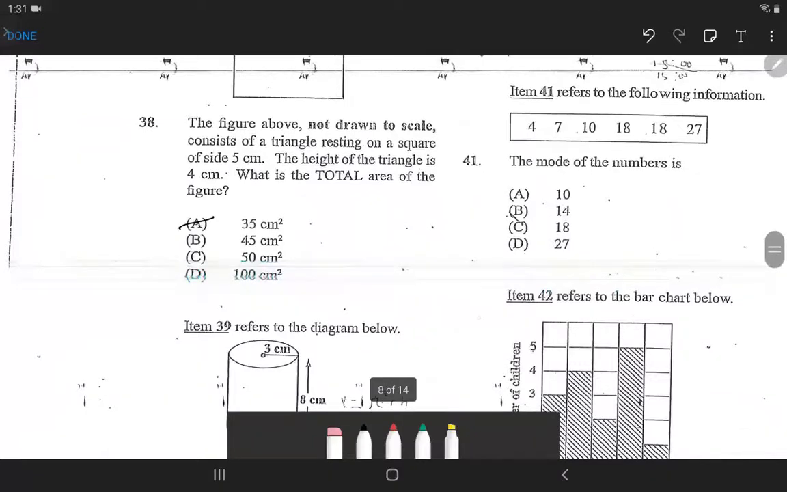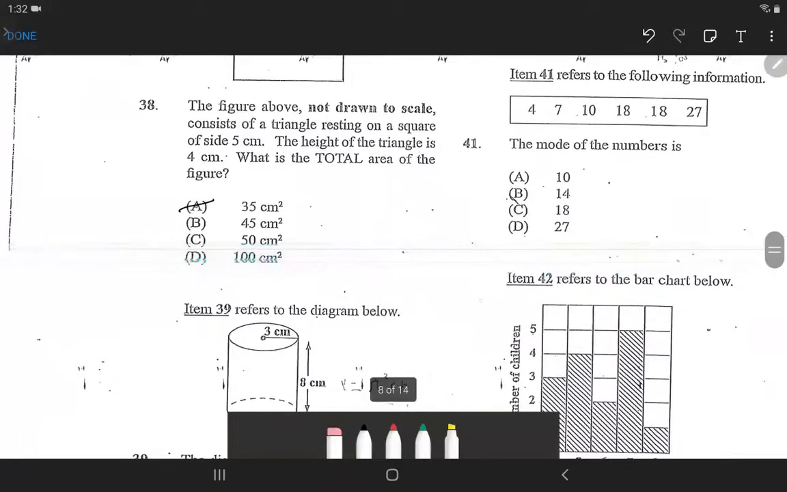Item 41 refers to the following information: the mode of the numbers, which number occurred the most, was